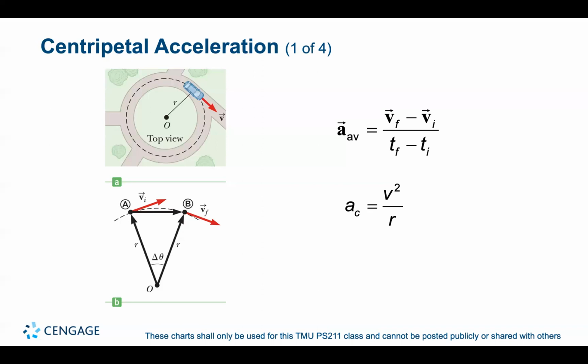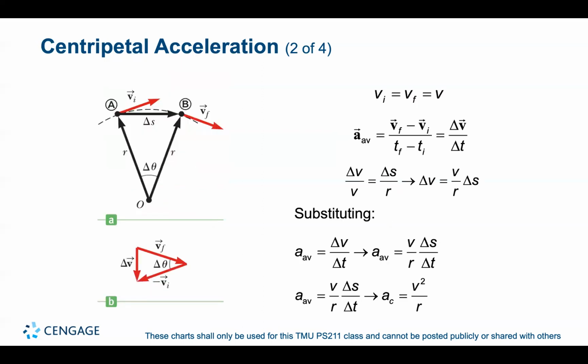For circular motion at constant speed, the acceleration always points towards the center of the circle. This type of acceleration is called centripetal, or center-seeking, acceleration. Its magnitude is given by this equation. So you have this one force that's trying to make it go towards the center. So in this figure,